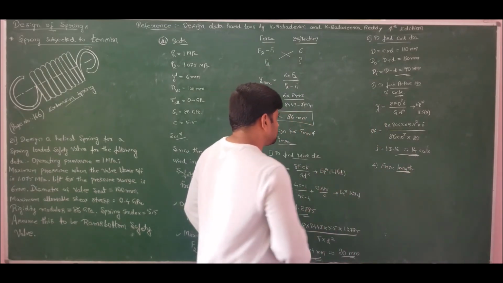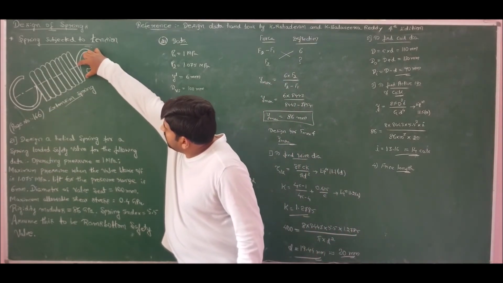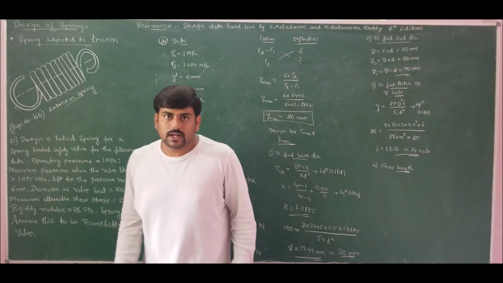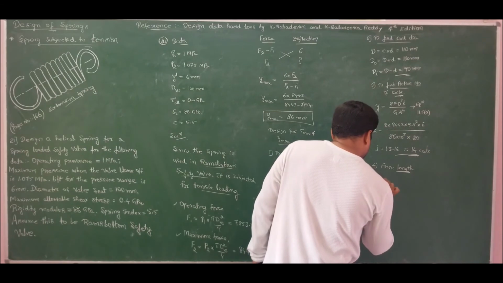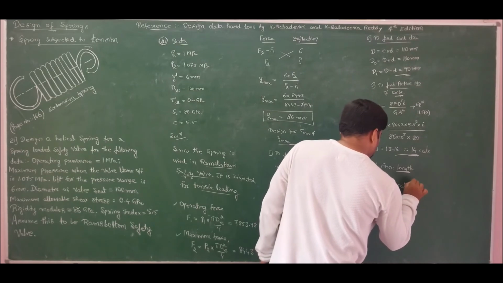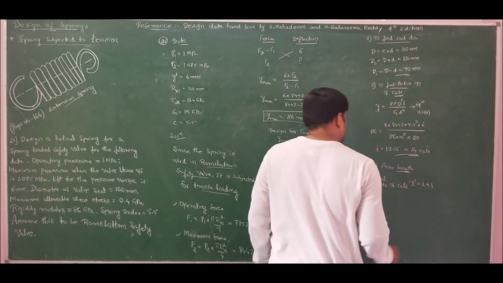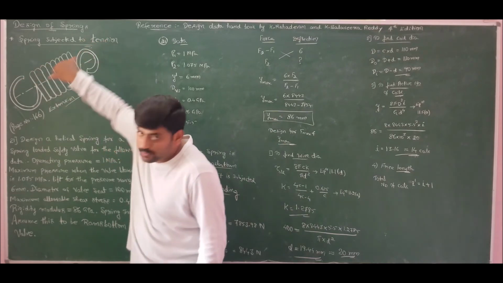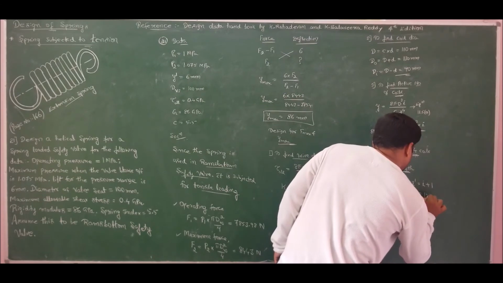Here if you observe, since we have half of the coil here and half of the coil here, and then we have a protrusion of hook, therefore I can take only one additional coil. So the total number of coils I dash can be taken as I plus 1. You can observe at the end we have only half coil here, half coil here. Later we have the hook projection. So I dash is equal to 15 coils.